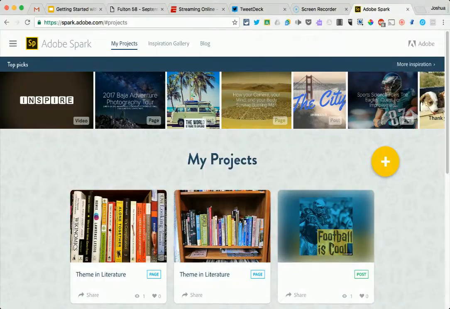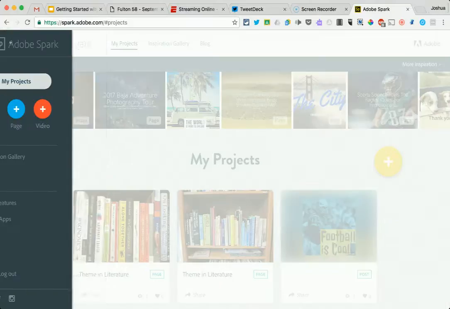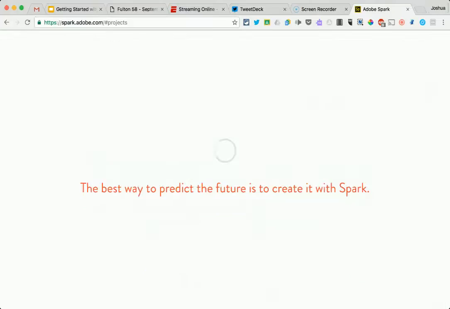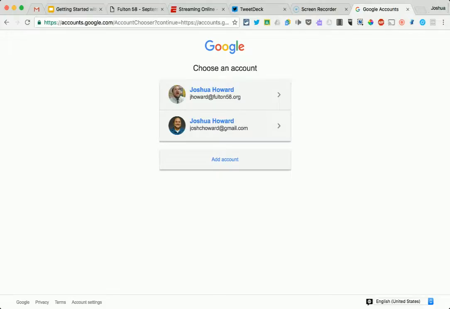All right, so the last thing that we will do is we will add a Spark video. So go to our new project, and the red button is for video. And again,